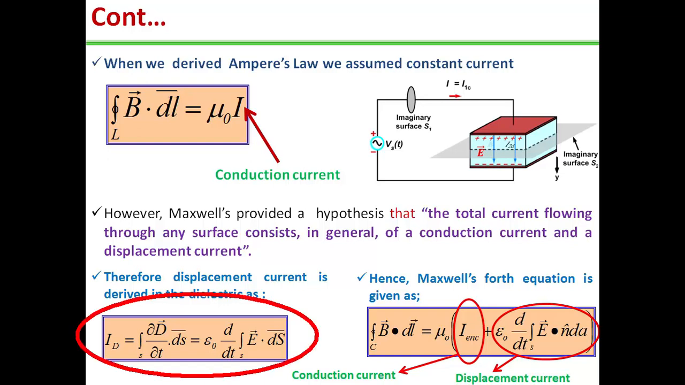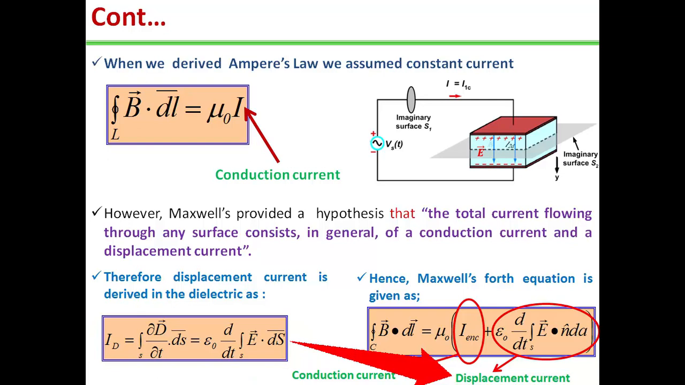Therefore, the displacement current is defined by the relation I_D is equal to the surface integral of ∂D/∂t dot dS. This equation we have already discussed in electrostatics. It can also be written as epsilon naught d/dt of the surface integral of E dot dS. And this I_D shows that the rate of change of electric field will produce a current, and that current is known